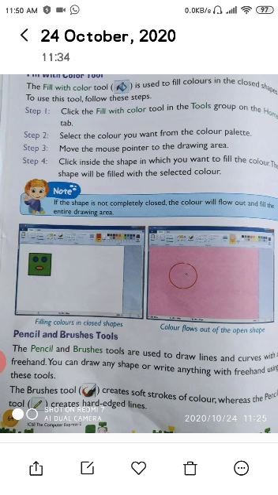You take this tool from the home tab. It is a type of bucket. Whenever you click it, the whole place is colored.